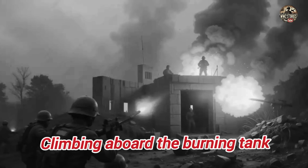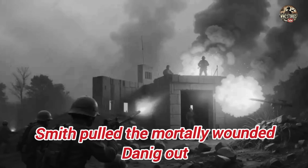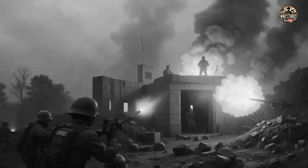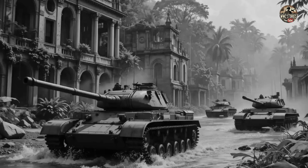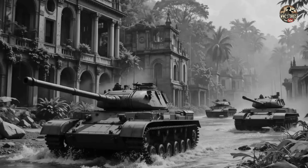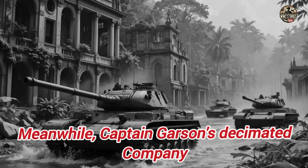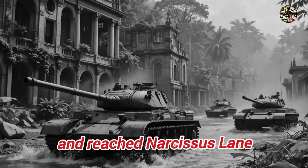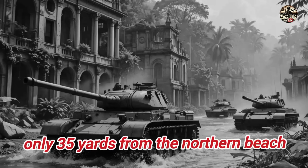Climbing aboard the burning tank, Smith pulled the mortally wounded Denig out, returned to rescue 2 more crew members, but was unable to save the driver. Smith's heroism earned him a Navy Cross. Meanwhile, Captain Garson's decimated Company F broke through the center and reached Narcissus Lane, only 35 yards from the northern